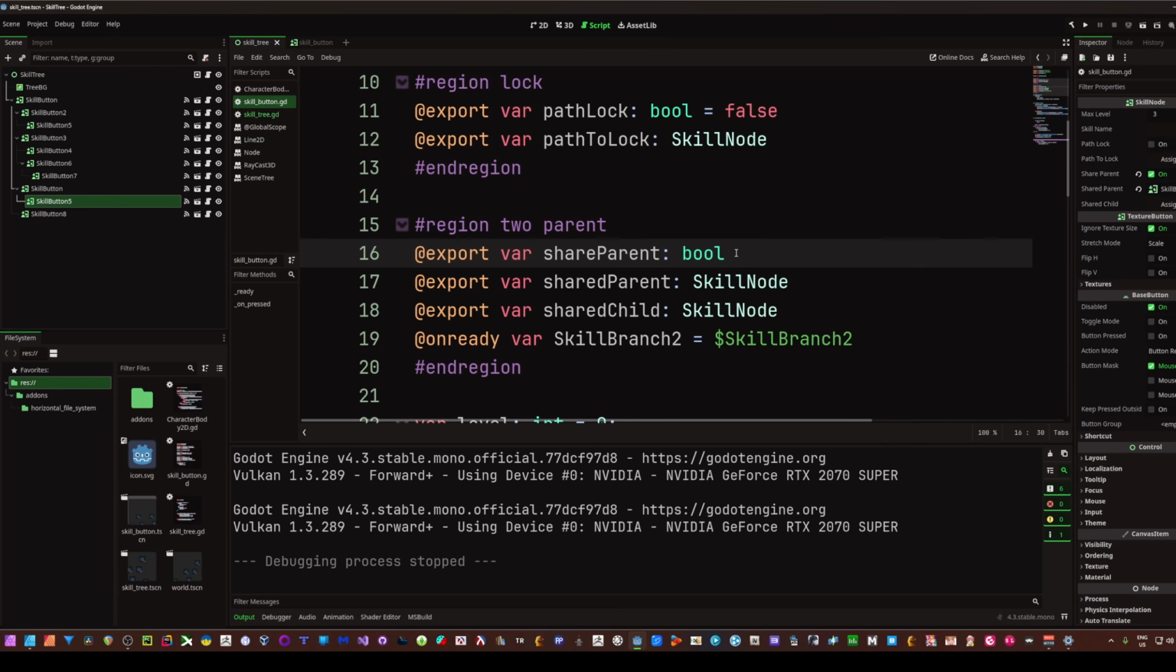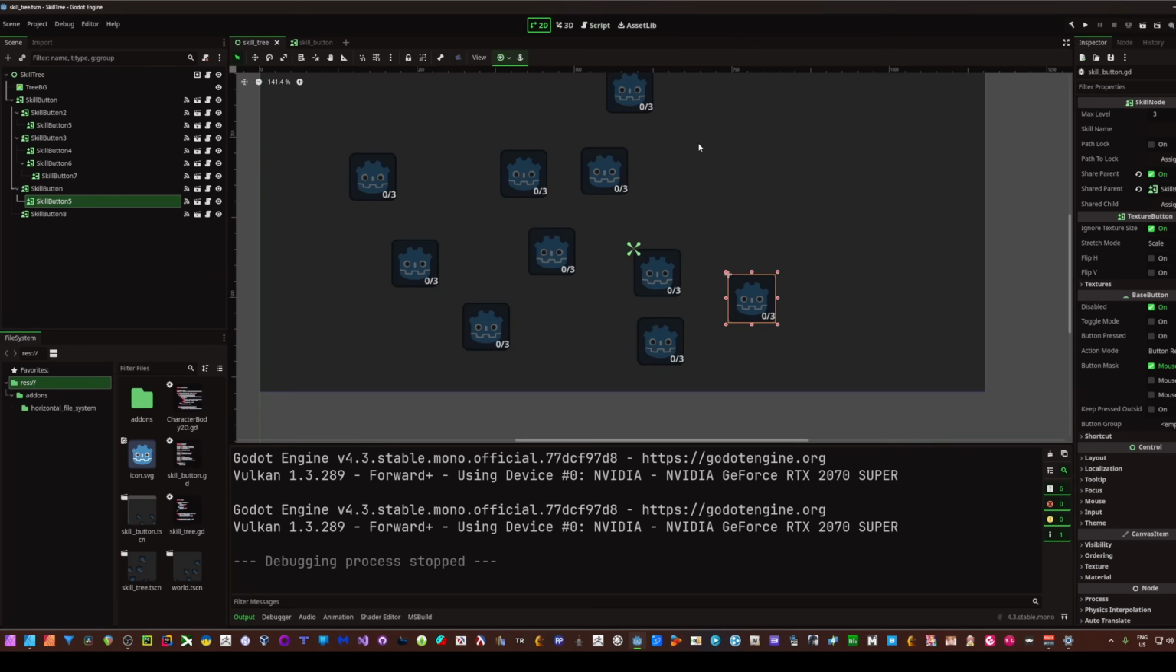And then from there, we can make our checks in that. So I have 2 exports here, one for the shared parent and one for shared child. And then I have an on ready just to grab that second skill branch for us. All right, so what we're going to do, the skill that we want to have 2 parents, I'm going to